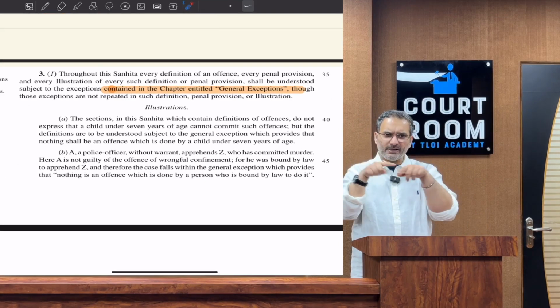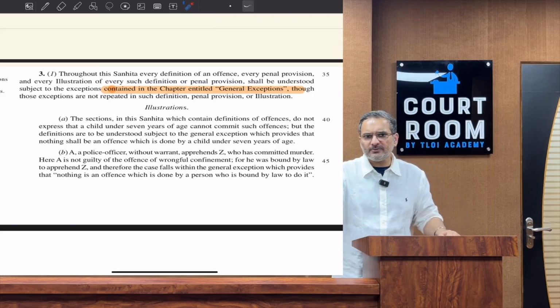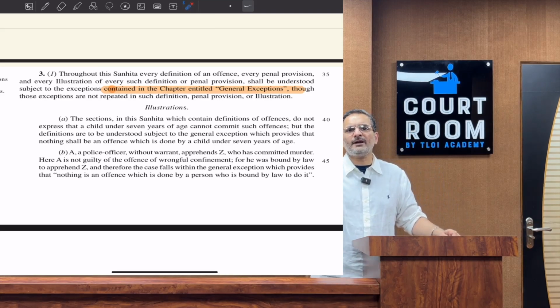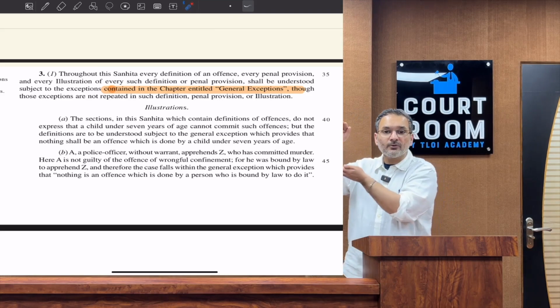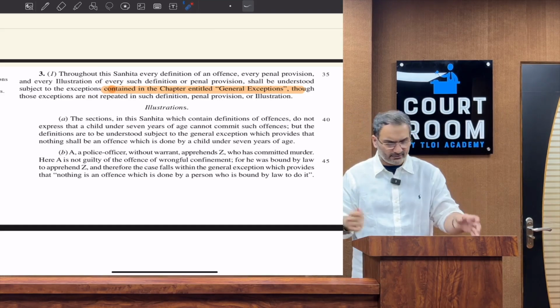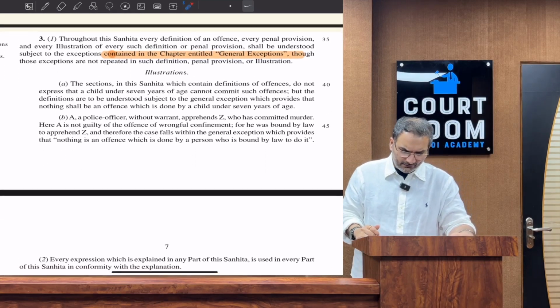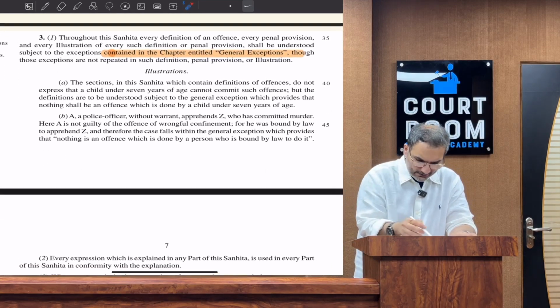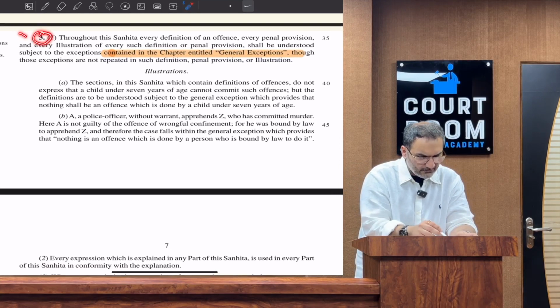Now, what was the meaning of that A? The A used to indicate that the section had come in via an amendment, because they didn't want to disturb the chronology of the act. But now, since they're rewriting it, they have reorganized it. All right. Now, if you take a look at section 3 of this bill,